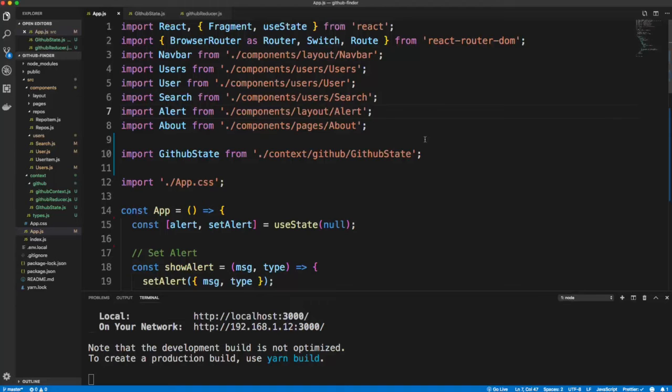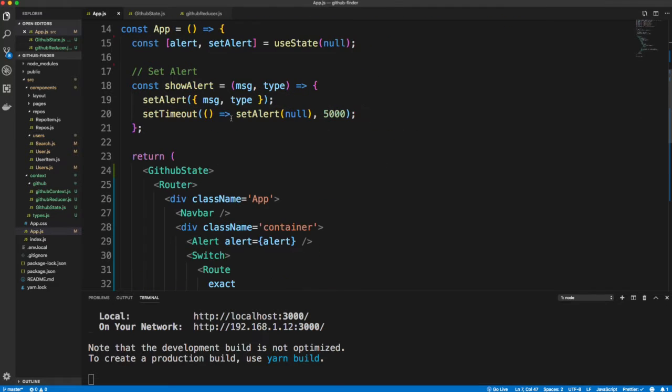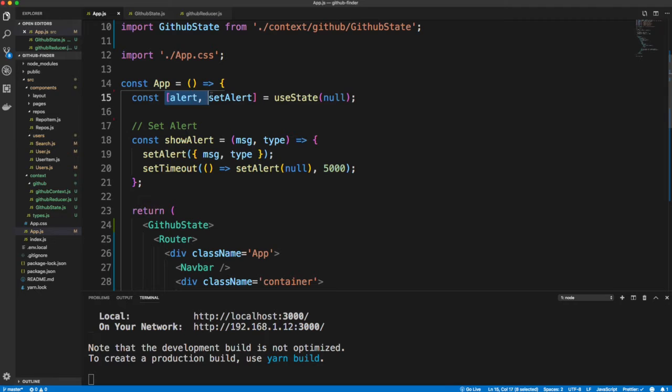All right, guys, so now we just need to take care of the alert because remember we have an alert state in our app.js. Now I'm going to actually make a whole new context for alert, and it's not going to be much. We only have this one method, we only have this one piece of state. However, this gives you an idea of how you can break your global state up into basically resources. If you have blog posts, if you have products, things like that,